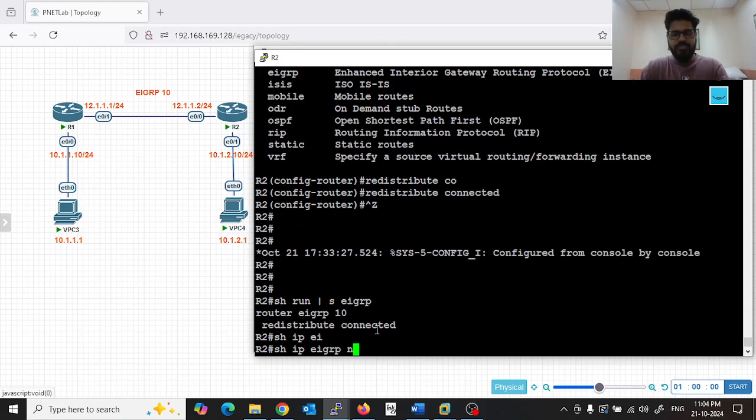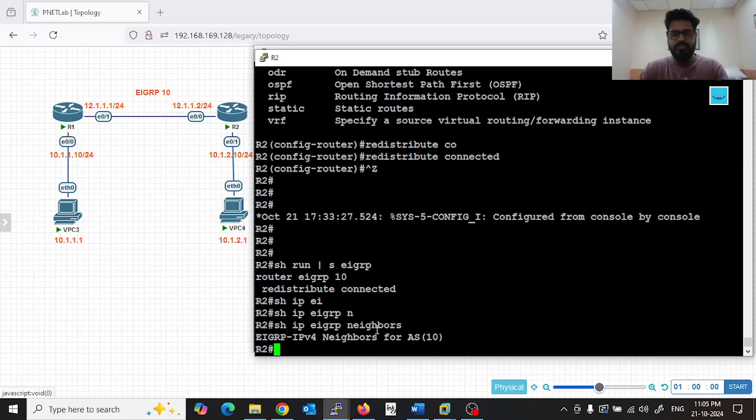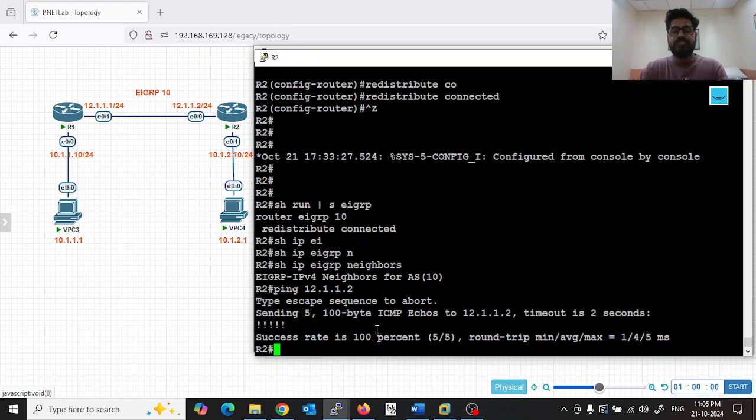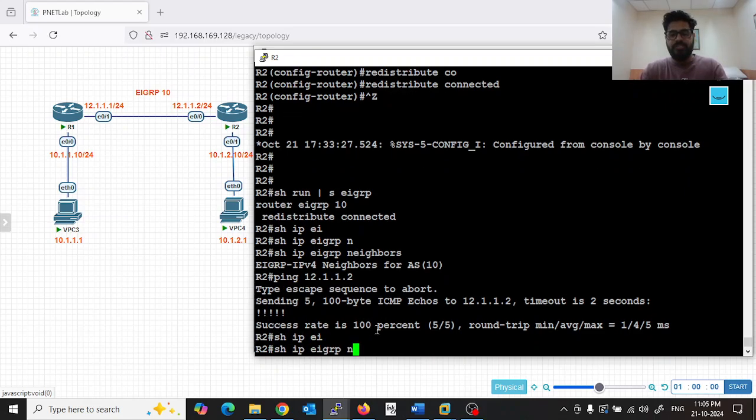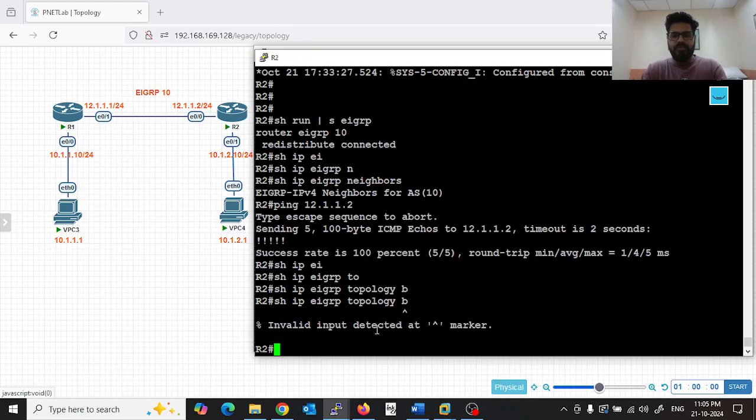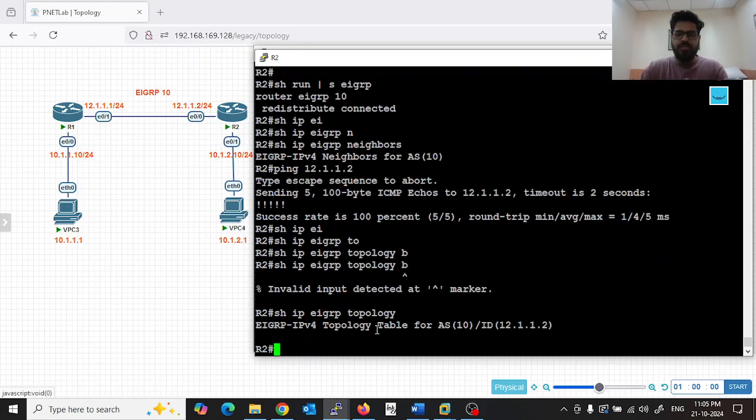Show IP EIGRP neighbor configuration is done, but what's the challenge? Let me check the show IP EIGRP topology table, to see whether the routes are advertised or not. We can check that the routes are not advertised. If we give this command, it will redistribute the route, but this will not